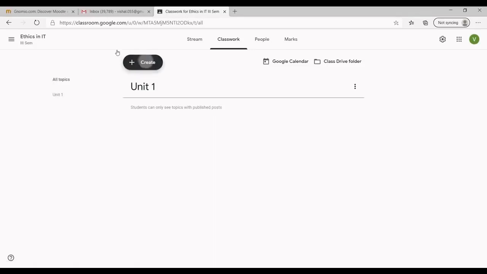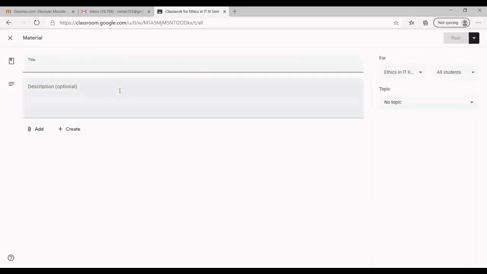Now I need to add learning material for the same. So I will click on create. I will go to material and click on it. I get this option. There I need to give a title to the material which I am uploading.